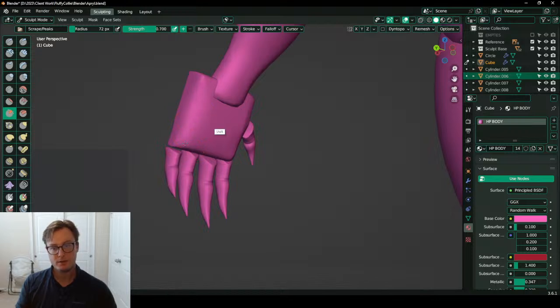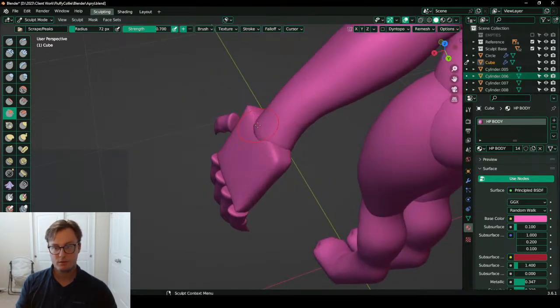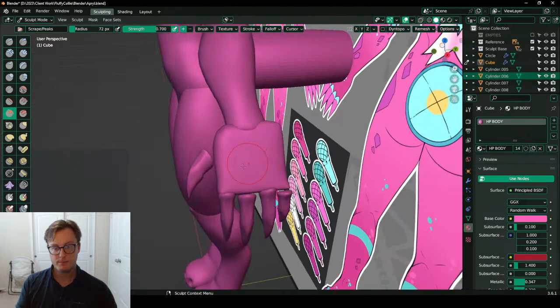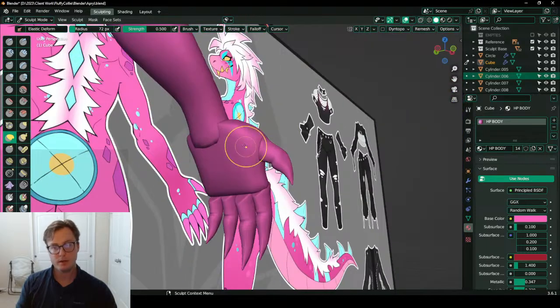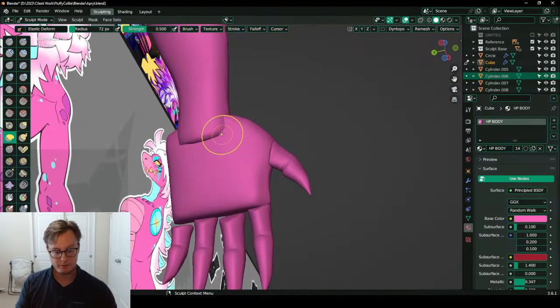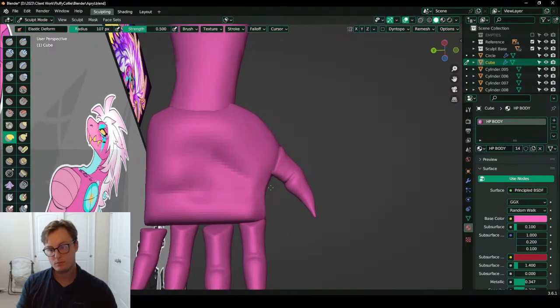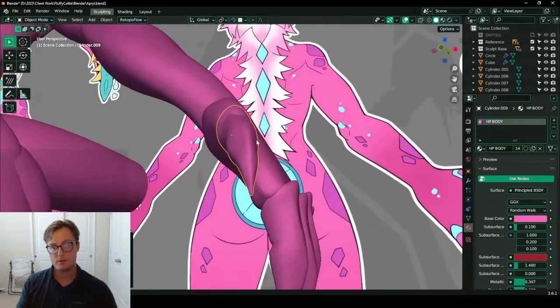Sculpting is definitely getting faster, which is nice, just knowing where I want things to go. I want this there, that over here. I think the thumb's too small.